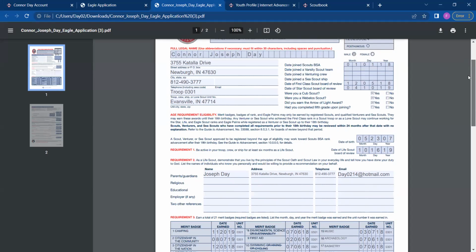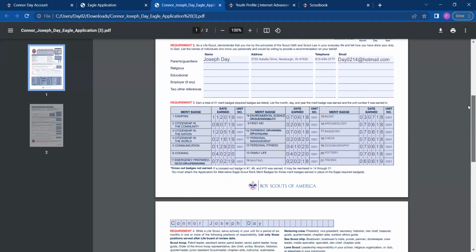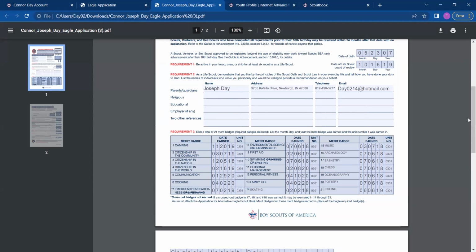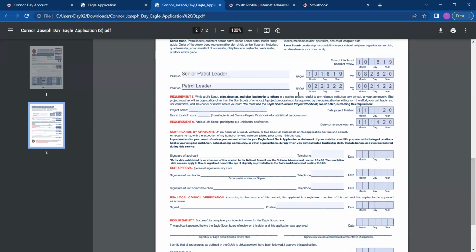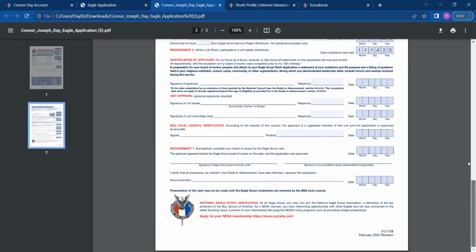One of the most difficult things that we know we had difficulty with was putting in all the merit badges and all the dates. All of this has to match up for the Eagle applications to be accepted. And so this is all pre-filled for you to where you just have to go in and add their references here, but all of the dates for every single one of their ranks, all the dates for their recent leadership, all of that is pre-filled in. Project when it's finished. So there's just some minor things to do, but the dates are all filled in for you. So I love